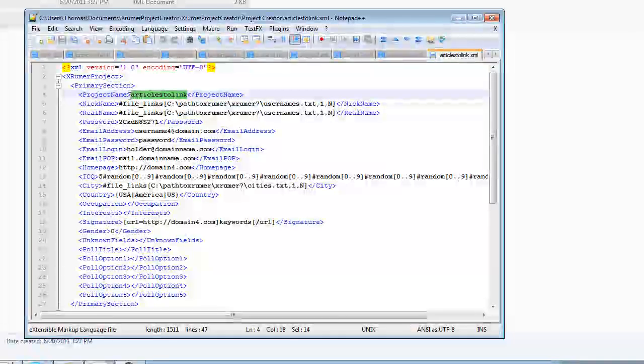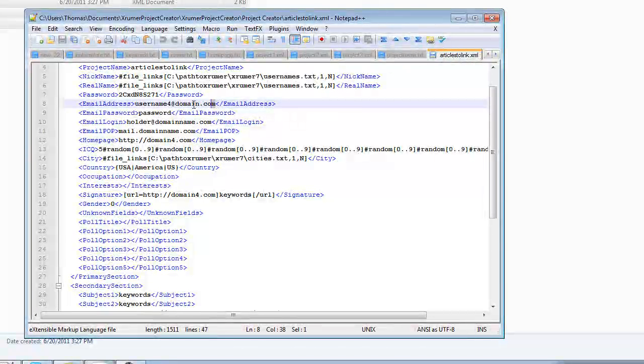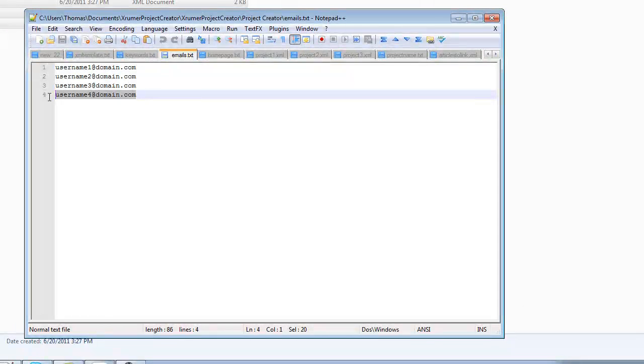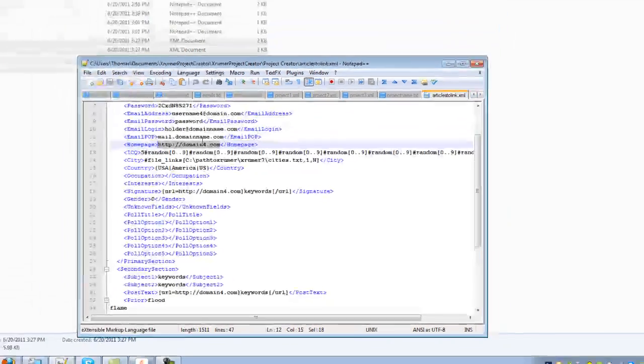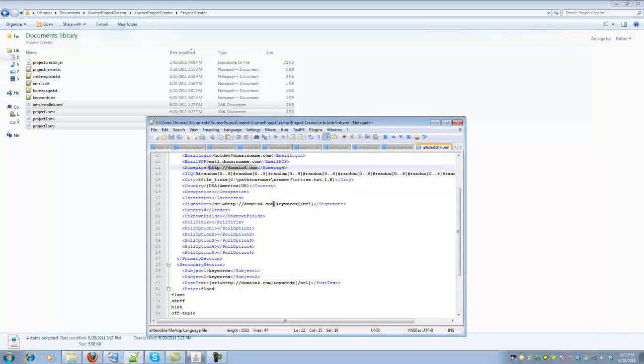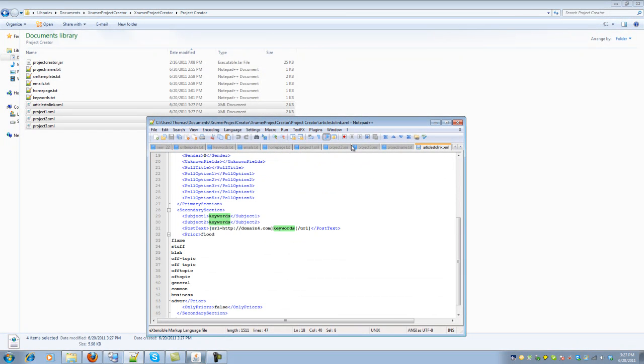It put it right here, and it also named the file articles to link.xml. It placed the correct email, line 4, which matches that. And then it put the correct home page, which is domain 4, the same one, and then the keywords. So it matches everything